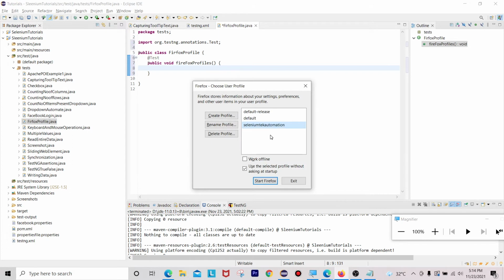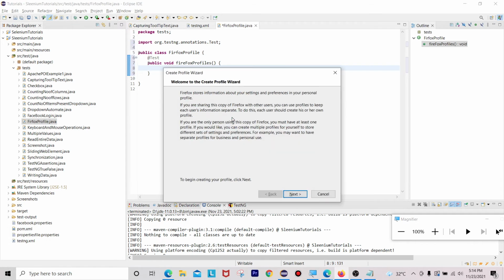See here, I have already created one, Selenium Tech Automation. The second one is default, and the first one is default release. If you want to create your profile based upon your automation requirements, such as handling SSL certificates and other certificates, with the help of these profiles you can easily automate as per your requirements.